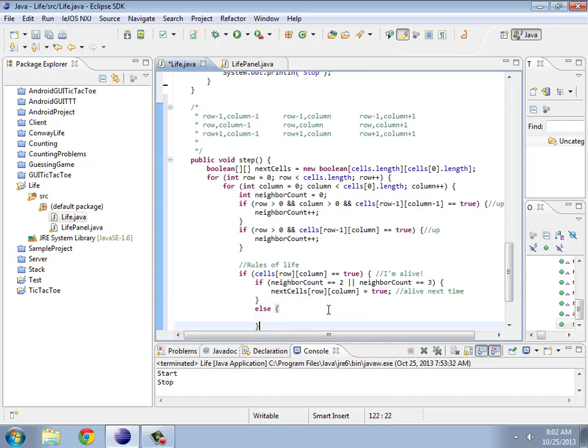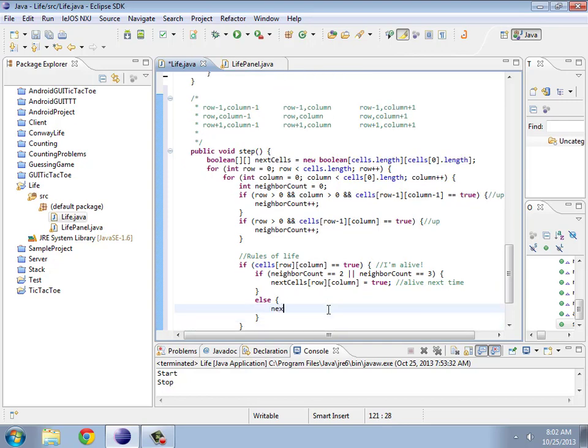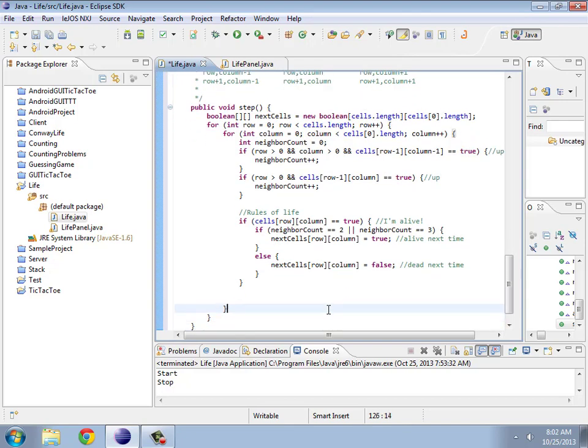If not, that means I have 1 neighbor, or I have 0 neighbors, or 4 or more, all of which mean death to me, row, column. Dead next time. Okay, so if I have that, now I need to have the part where